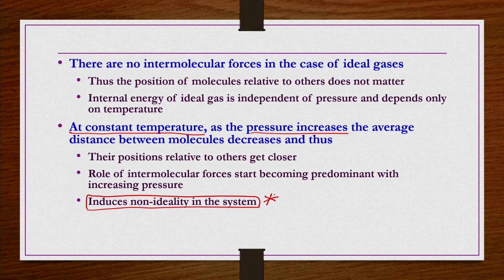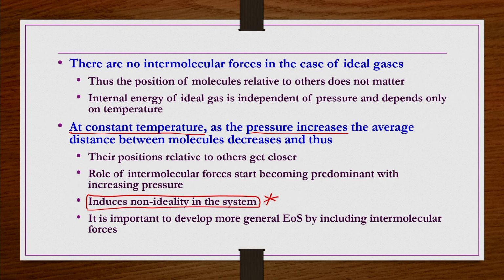So, pressure is the one. Increasing pressure, going beyond P tends to 0, toward the larger pressure side, this non-ideal behavior gradually increases. If you decrease the pressure and go towards P tends to 0, gradually non-ideality decreases, and then you eventually come to ideal gas behavior, where molecules are free from each other, there is no intermolecular collision, intermolecular potential, etc.